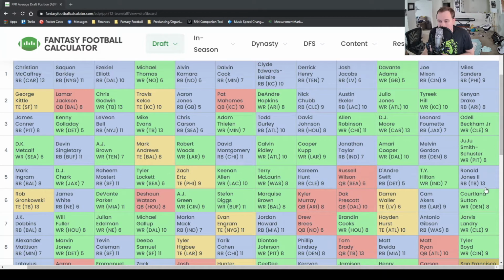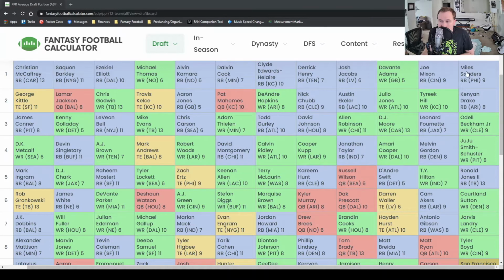Terry McLaurin can fall. I like Cortland Sutton somewhat, at least in the 6th round. I like Cortland Sutton a good bit. Marquise Brown has a decent shot at outproducing his ADP. AJ Green and Devontae Parker are going way too late. AJ Green, we're still monitoring that hamstring injury. It might be out on him if he doesn't recover soon. Devontae Parker is going to be a smash play, so I like taking receivers in this round,